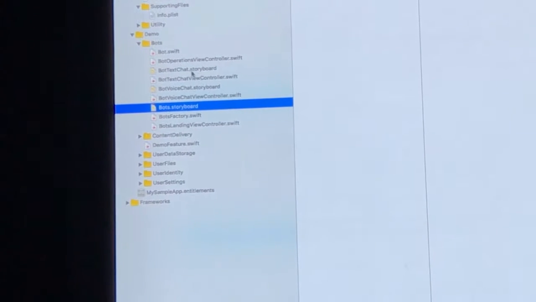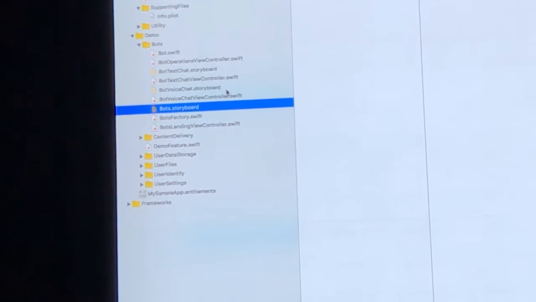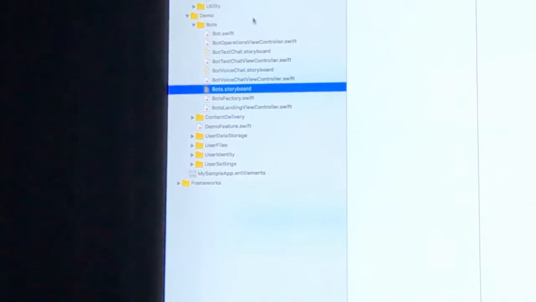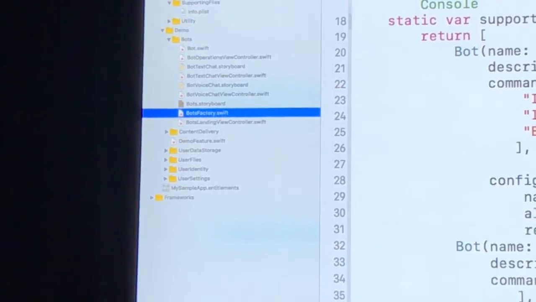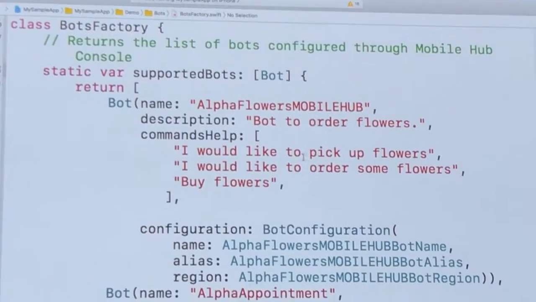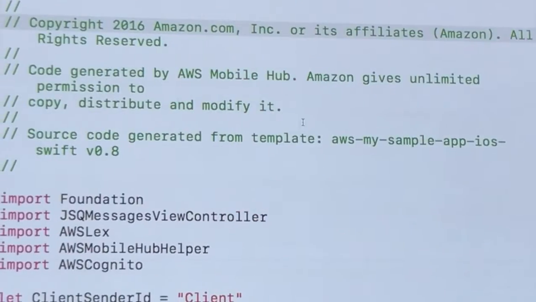There's the standard main storyboard, and then there's the one that switches into the text controller or the chat controller. Feel free to use this code in your applications and modify it as you need to. The list of bots that got generated through Mobile Hub are listed in the bot factory. Here's the two that we had. And taking a look at the text controller,